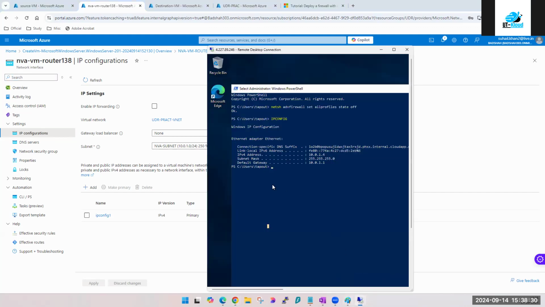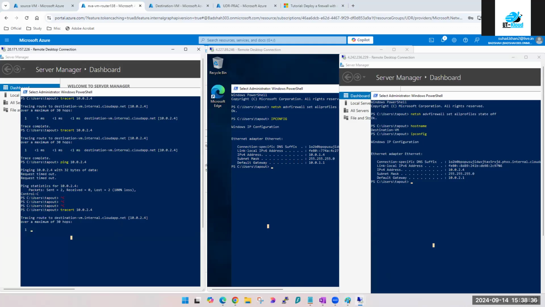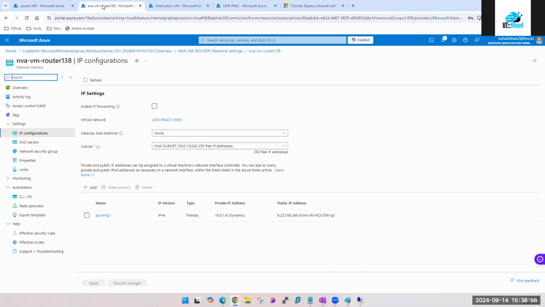Because now the request coming to this machine is not just its own generated traffic. It is generated from this other machine. If ping went from here to here, it would still work directly. But now the traffic is coming from here and wants to go to there. Hence, this is forwarded traffic for this machine. Have we ever told this machine to send the forwarded traffic to the next hop? No, we have not. So to do that, we go over there and enable IP forwarding. You have to do that. Click on apply.